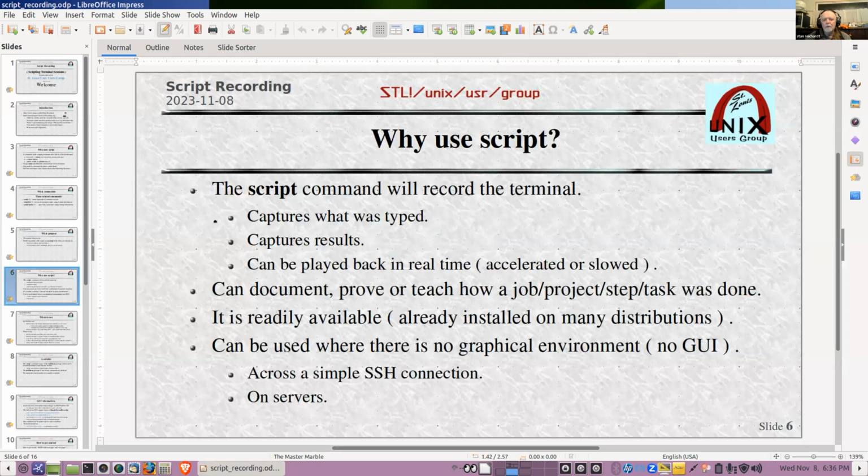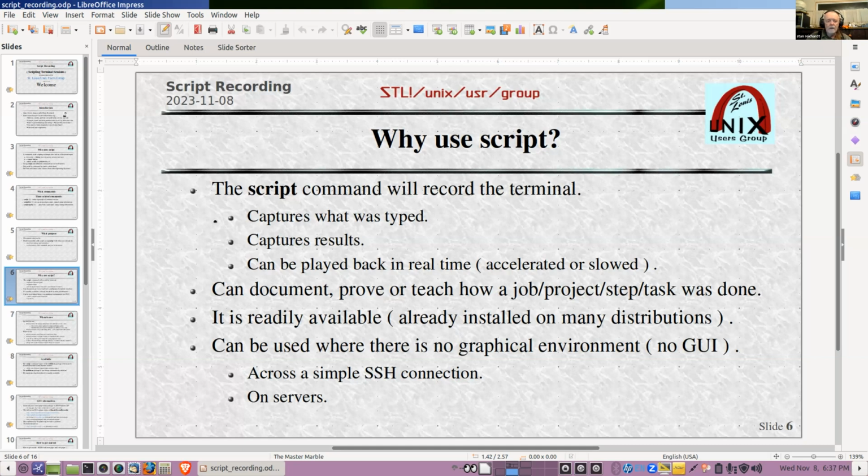Well, it captures what you type, and it captures the results. So if you type ps, it gives you the result of ps. You type id, it gives you the result of that command. And it can be played back in real time. You can set the timing on it so it keeps time with what you did. Otherwise, it just goes bang, bang, bang, bang, bang, real fast. Also, it can prove what you did. I remember reading that some teachers had their students run script to show that they did their homework, that they actually went in and did whatever, and they have them send their script files back to him.